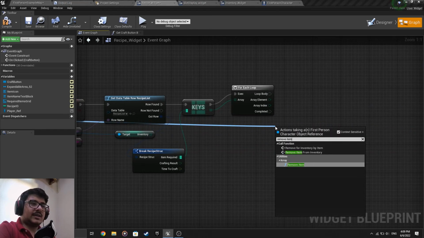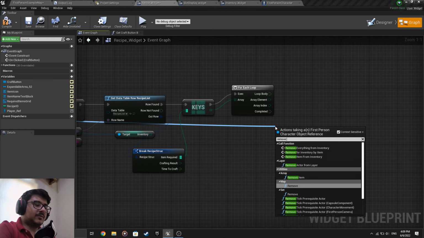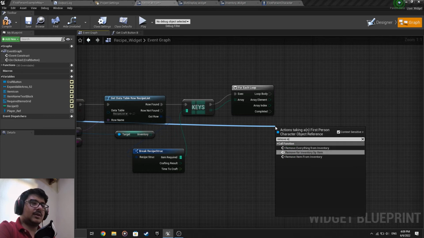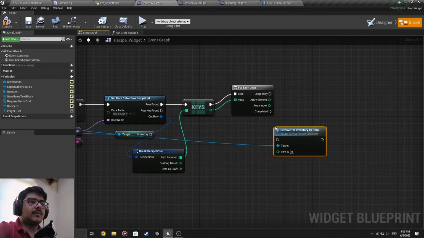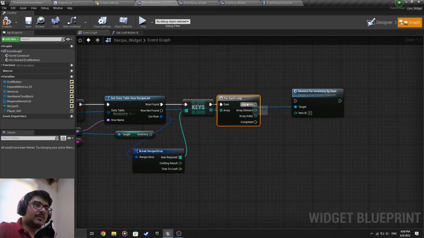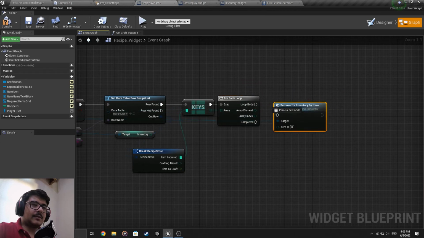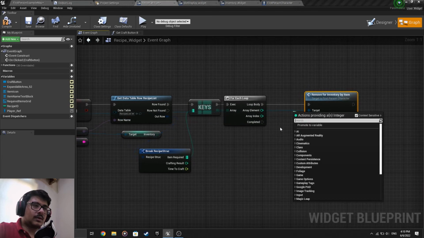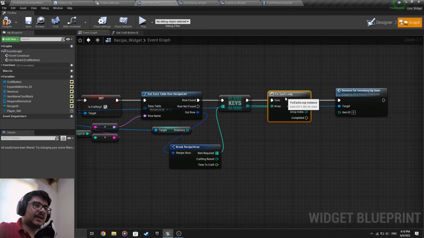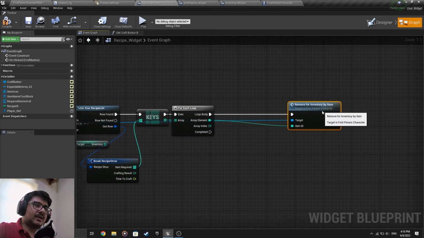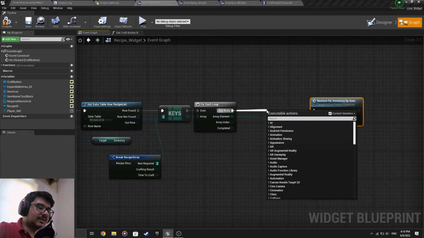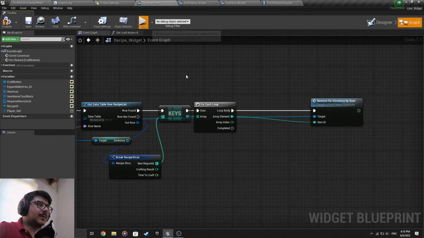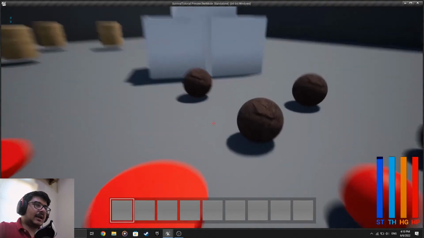We do remove inventory by item, move item from, okay, now we do this, and the ID we just give it this element over here, and now it got a lot simpler. If I try to play it, and grab 4 coconuts over here